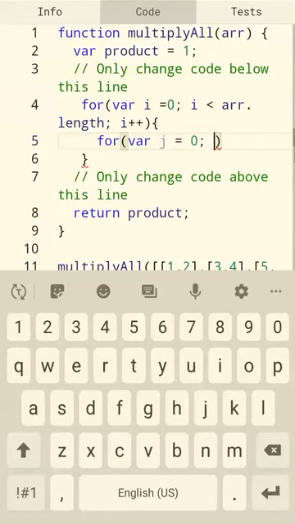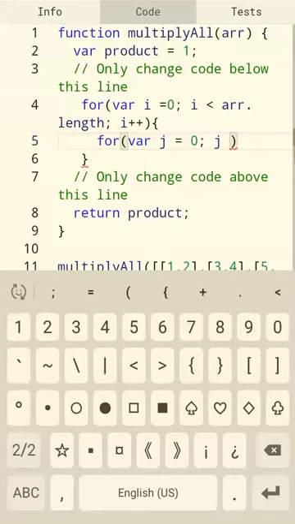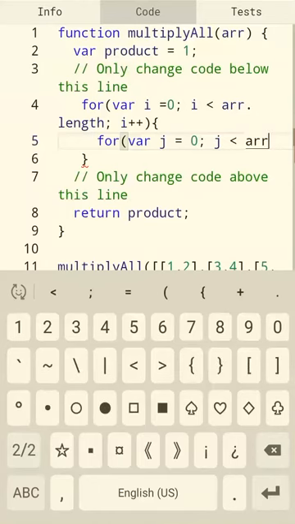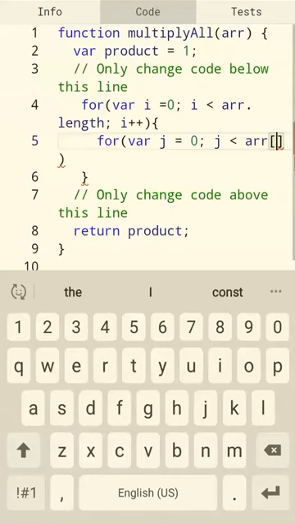So var j = 0, j less than array i, or rather r[i], because this is actually a sub array of the first one, so it won't be just array.length, right? It will be r[i].length. So j less than r[i].length.